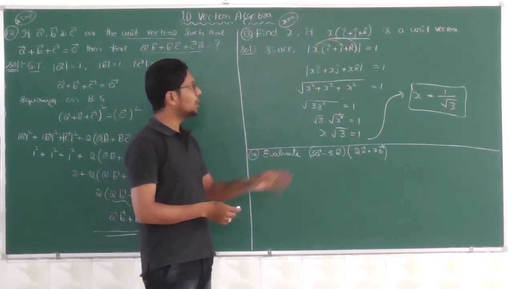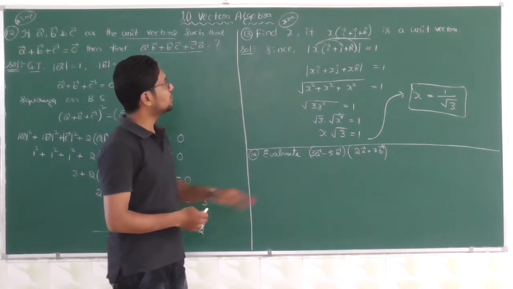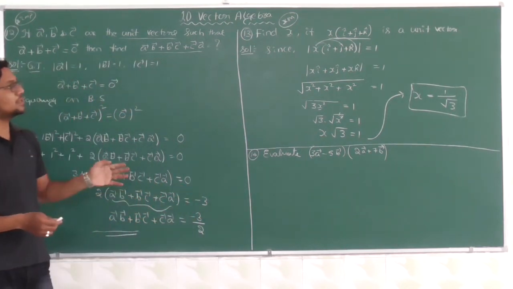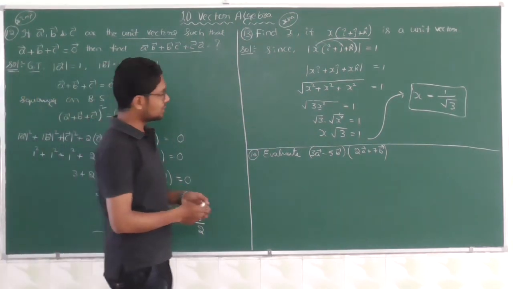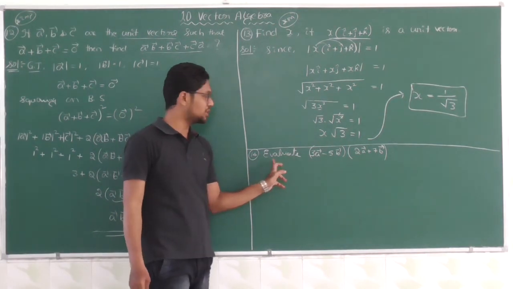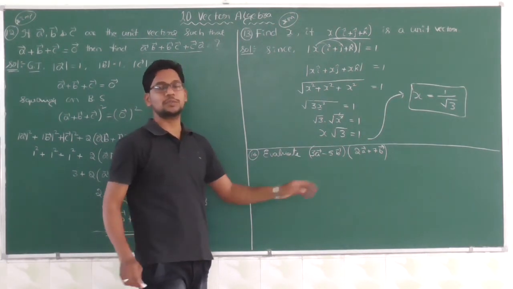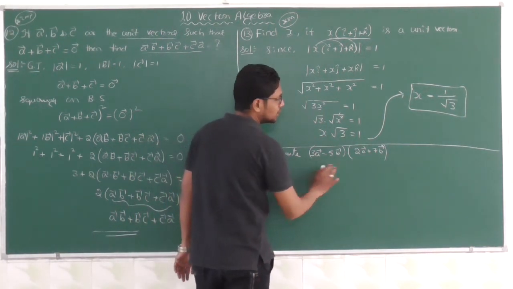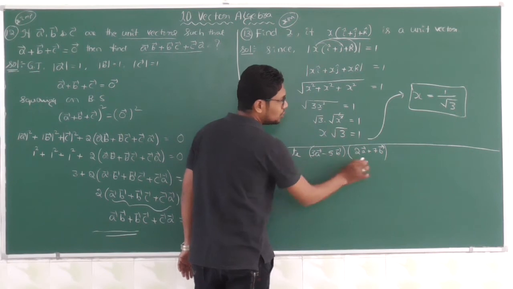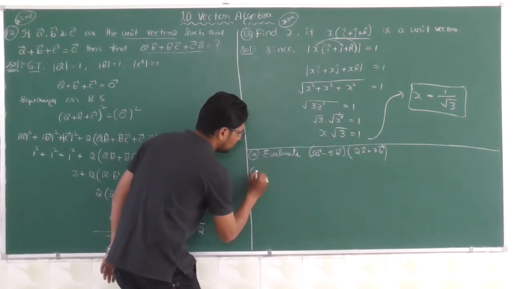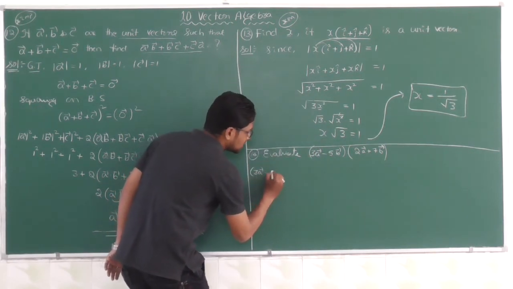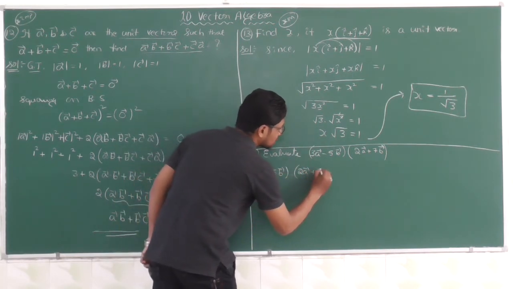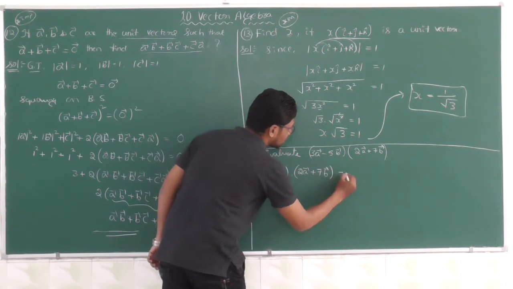Okay, this is the question for 1 mark. I hope you will understand these 2 questions. Next, here we have the 14th question. Evaluate. It is a very simple one. Evaluate is nothing but you have to find the product of these 2 vectors. Write it down once again: 3a vector minus 5b vector dot 2a vector plus 7b vector equals,